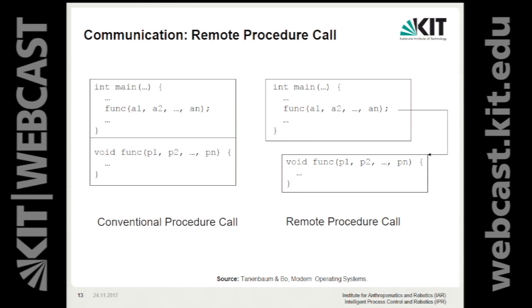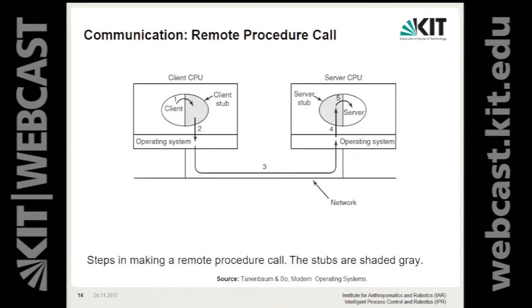Okay, if that's not the case, oops, why can't I continue here? It's weird. Okay. Yeah, steps in